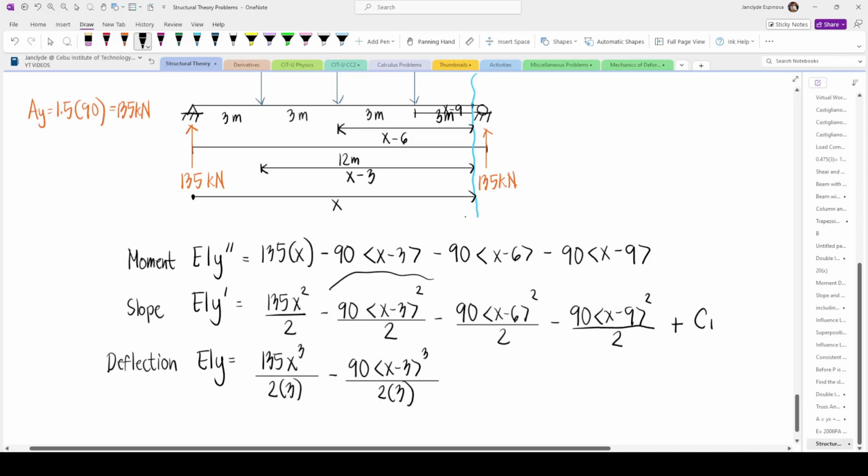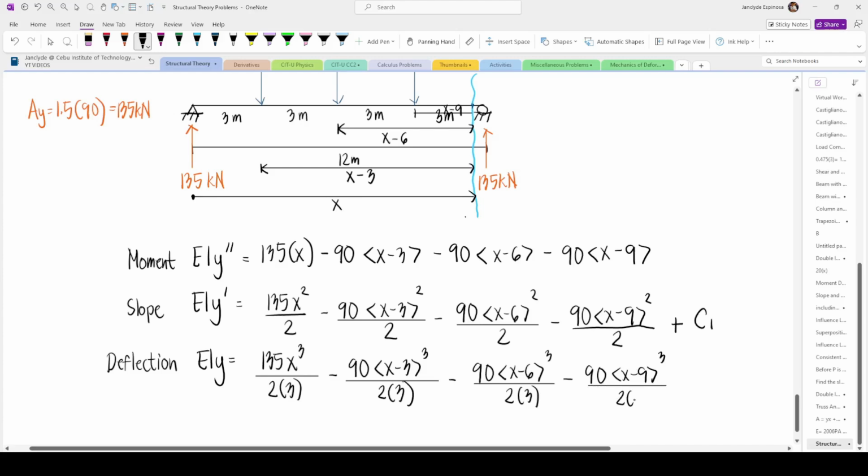Now you can simplify this right away. This will become 45 times x minus 3 squared. But my approach is, I will just simplify when I am already on the last step para maiwasan yung errors. So we have minus again 90 and then x minus 6. This becomes cubed and then divided by 2 times 3 and then minus 90 times x minus 9 cubed divided